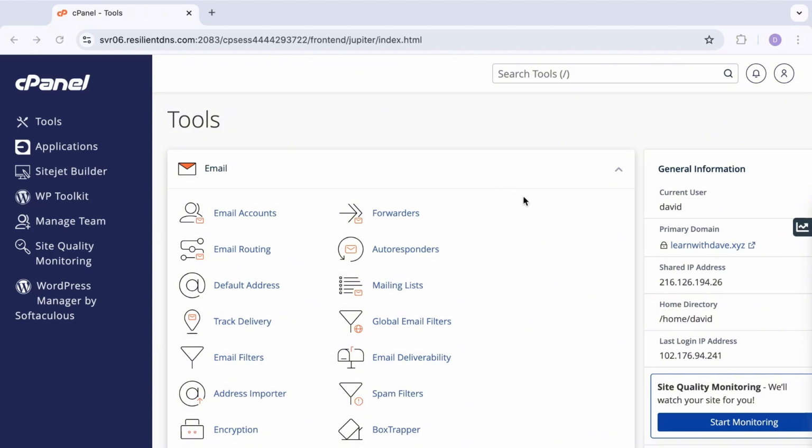In my case, I'll have email IDs created on my cPanel account, like support at learnwithdave.com or billing at learnwithdave.com, and you have similar ones in your cPanel account. If you don't have any of those email IDs created on your cPanel account, because those are usually what you share on your web page,